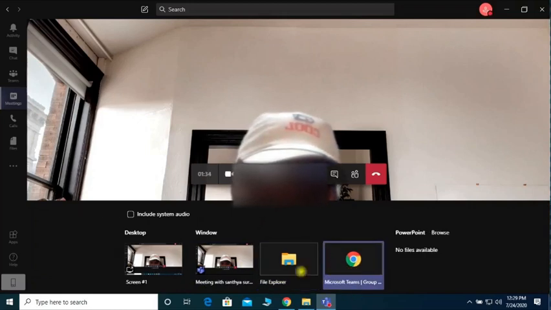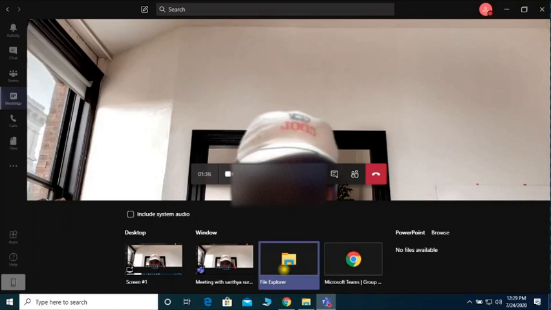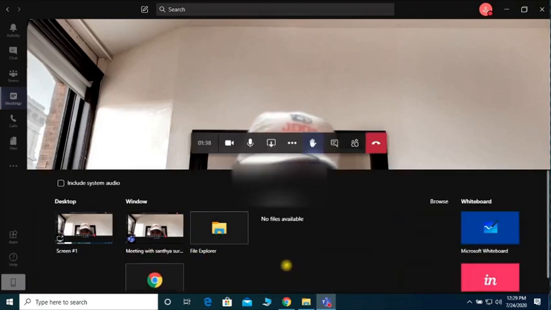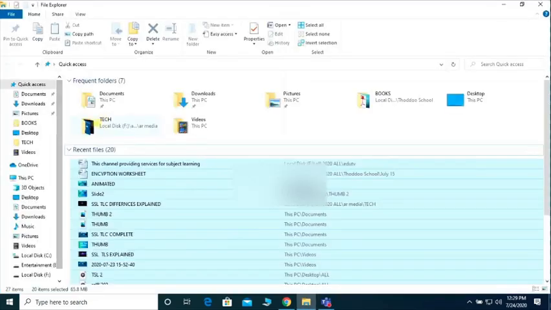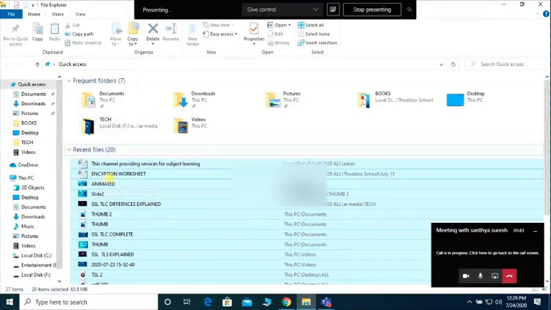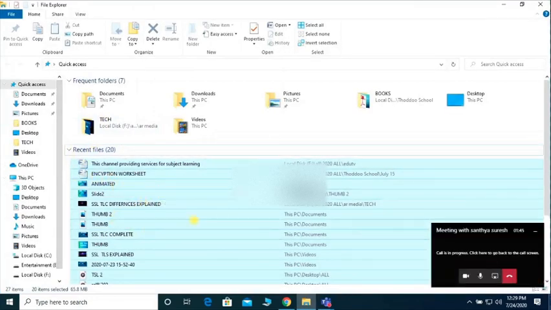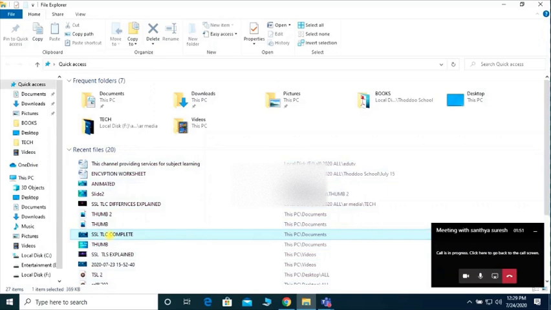Okay, apart from this, the whiteboard is also there. Now I am presenting one picture: I am opening my file manager and opening one picture, and one PowerPoint also I want to show. So I'm opening that one, then click on that PowerPoint.